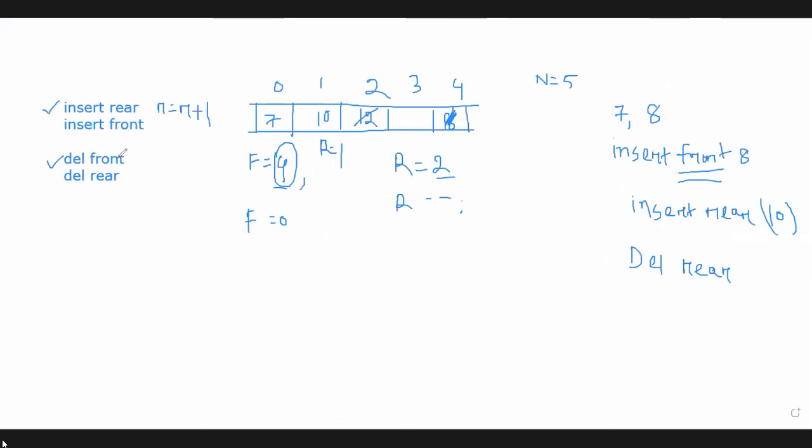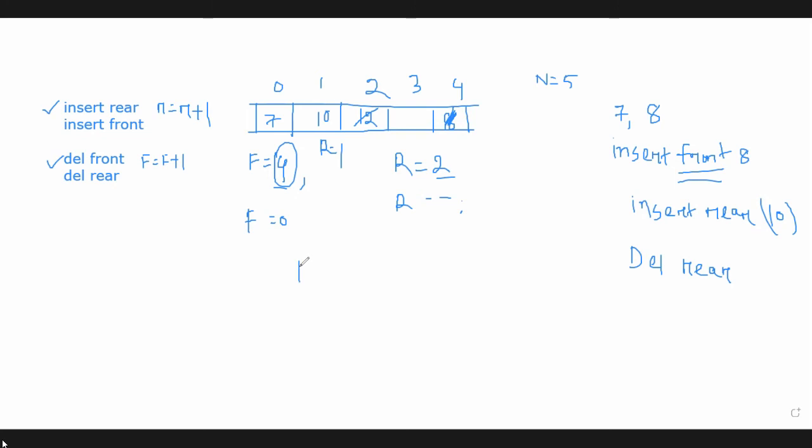After deleting any data element from the front, how is the value of front changed? We usually increase the value of front by 1, right? Now when we are inserting the data element on the front side, what is the value of front? Front equals 0. That means 7 is the first data element. And now if we use this equation, that is f equals f plus 1,